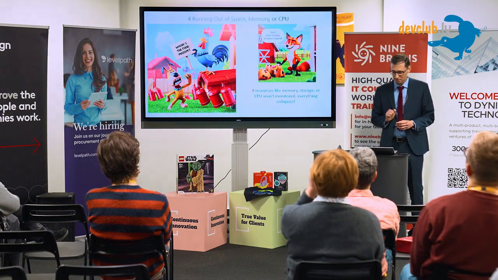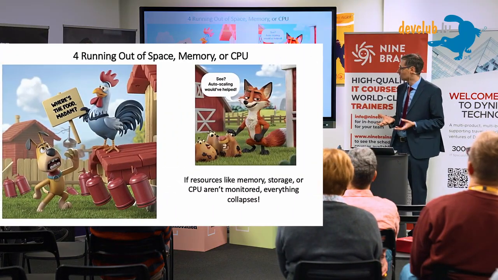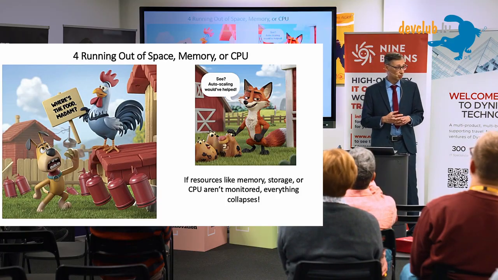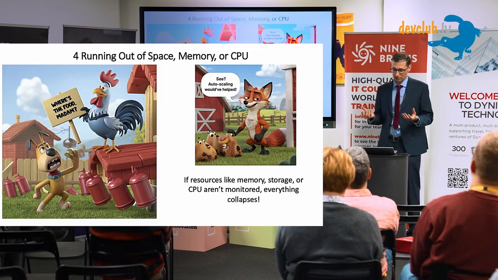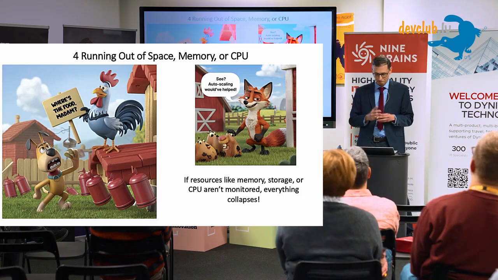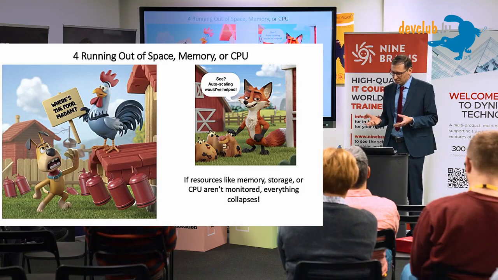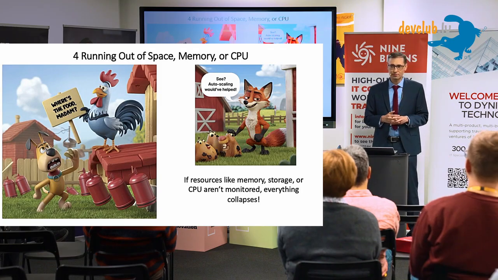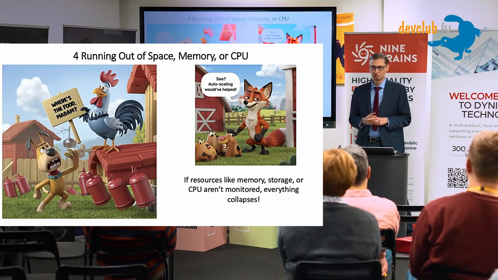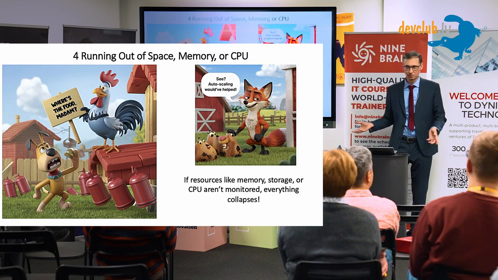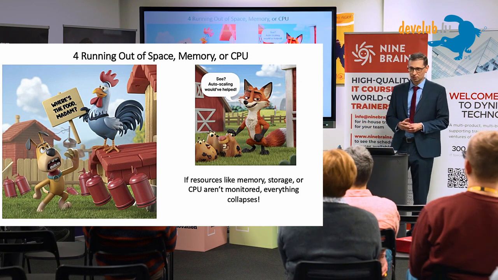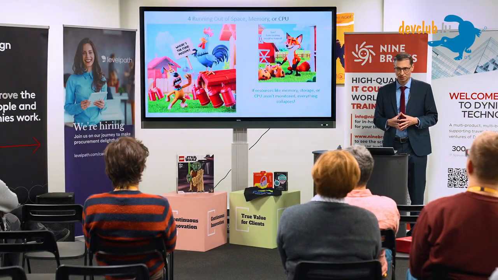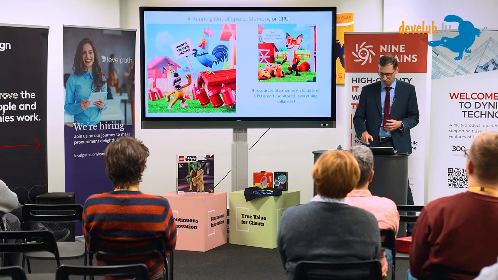The next day, again, Jennifer finds a disaster in the chicken coop. The feeders are empty, there is no water, and the chickens have started to eat each other. The watchdog says, okay, I come to the chicken coop every 10 minutes, and the chickens were moving, there is no fox around, but the system and service is not working. The main takeaway here is that simple checks are not enough. You need to monitor resources.